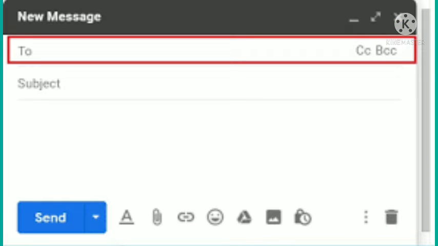Fifth component of our email screen is attachment. If we want to attach any file, like an image or a document, or links with our email, we can attach it by clicking on the attach file button. Sixth component is send. If we are satisfied with our message, we can send our email to the recipient by